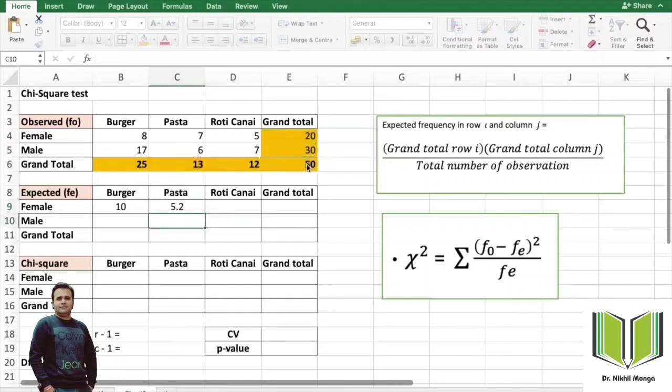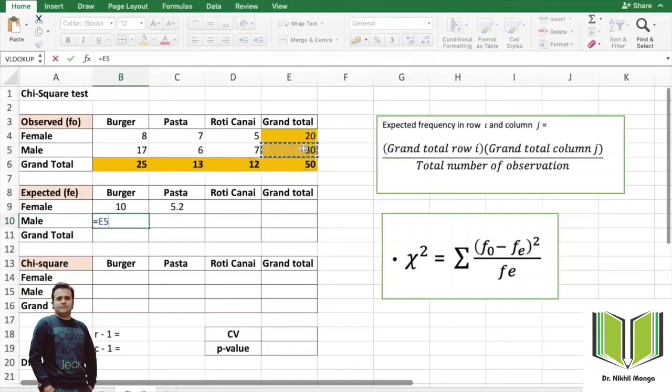So in this way I get the expected frequency for the burger and the pasta. Now similarly I'll calculate it for the other one also, right? So this is how you can apply it, but if you want to calculate, I'll show you how you can do it for the male also. But in the male you can see I applied the same thing.